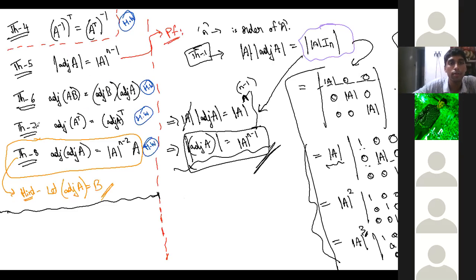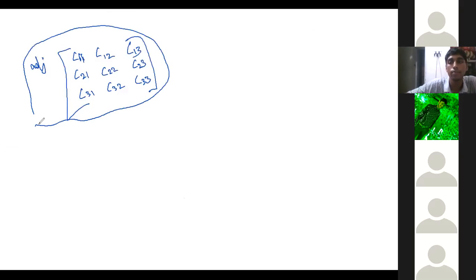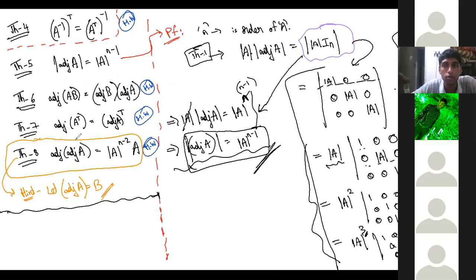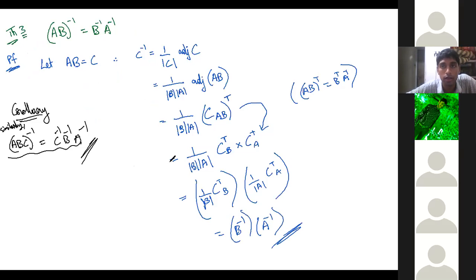You can think of it this way, maybe it is possible, but the simplest way to understand this is through the previous properties. The adjoint of adjoint, simplest way would be to understand through this. If you want to serve the purpose for the exam, better you learn it in this way. But I'm not telling this is the best way. But from exam point of view, this approach is good. If you're finding this difficult, go back to theorem 1. And from theorem 1, try to understand theorem 2. And from theorem 2, try to prove theorem 3. And then you try to prove the other theorems.